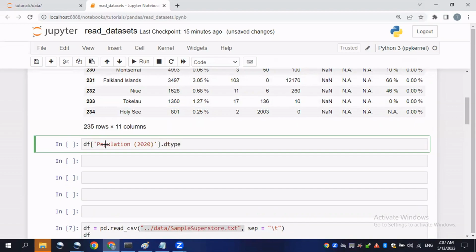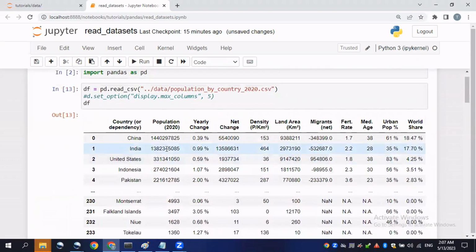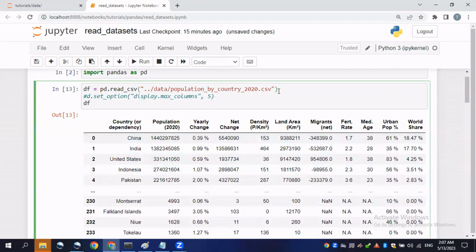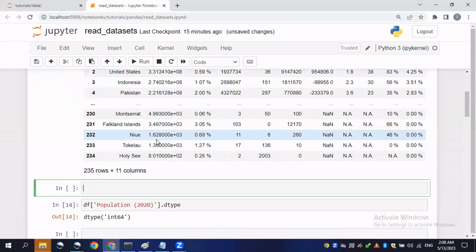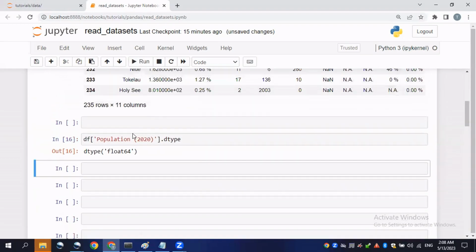and click enter. It will say that this column has an integer data type, but if I want to change it, I will have to type in the dtype here. I can easily do it by typing the dtype equals, and here inside of the curly brackets I will first type in the name of the column, and then after the column inside of the quotes I will type in what? The data type here. If I run it and run it again, it will change the data type of our column here. You will see